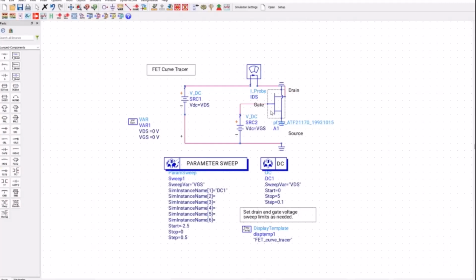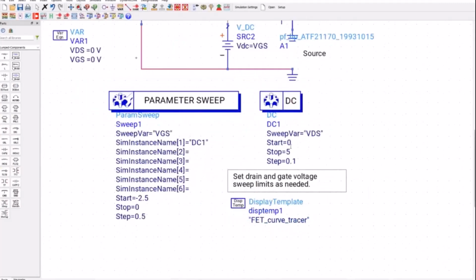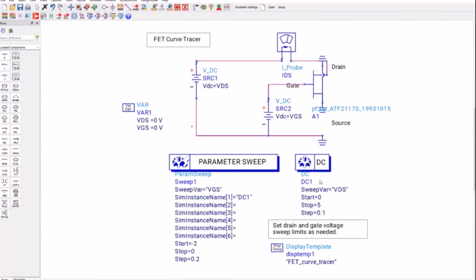Okay. So once I have the device, I can set up the VDS. Again, as per datasheet, you can go and look for the DC. So in this case, it's 0 to 5 volts. You can set up the VGS. And for example, I would like to go from 0 to 2 in a step of 0.2. So remember, at